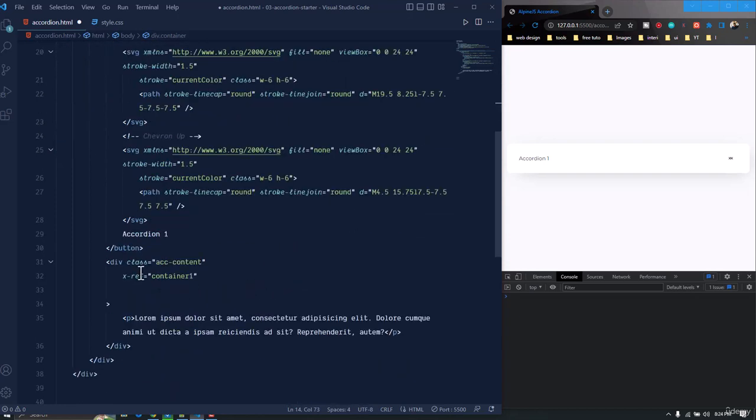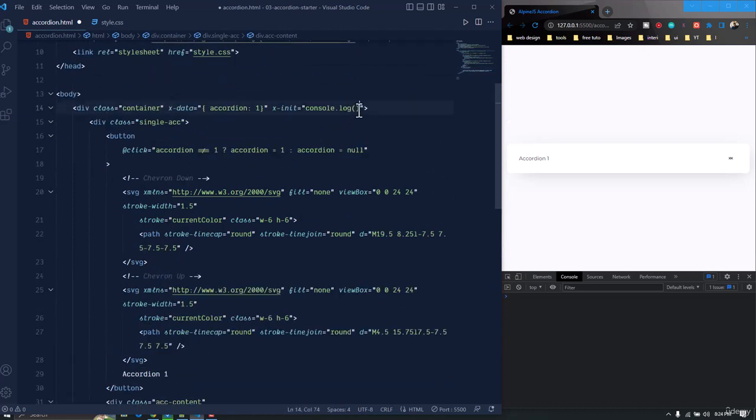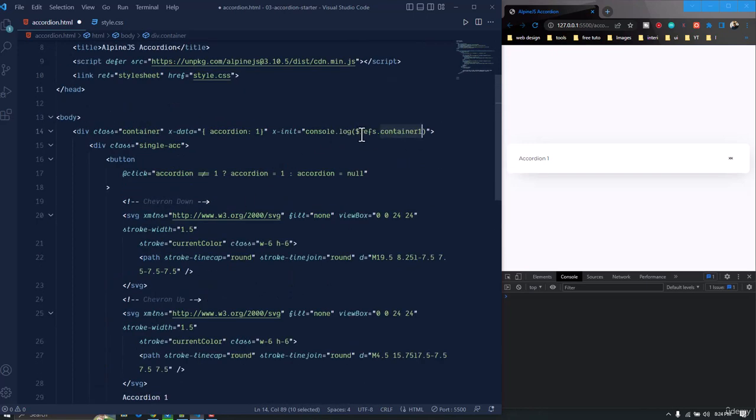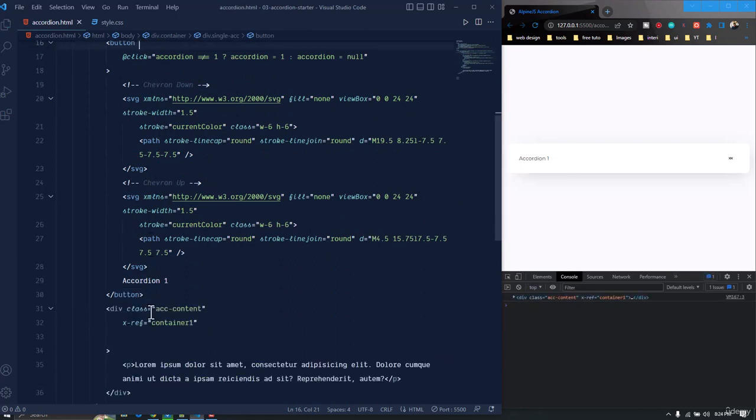We need to grab this div, right? And we have given this an x-ref of containerOn. In order to grab that, we need to use the $refs magic property, then the name we have given the x-ref. Now if we save it, we can see it grabs the element here,